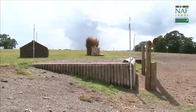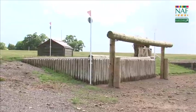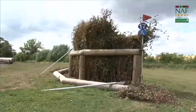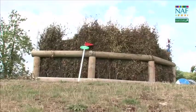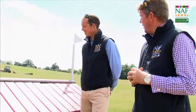This is a definite one stride pattern. You can't do anything else here. Doesn't matter what you do across the lake, but you have to stay straight. And I think that's part of the key, is that you get in with power and you have to stay straight to it. Yeah, I watched this a few times a little bit last year, and it's a fascinating fence,